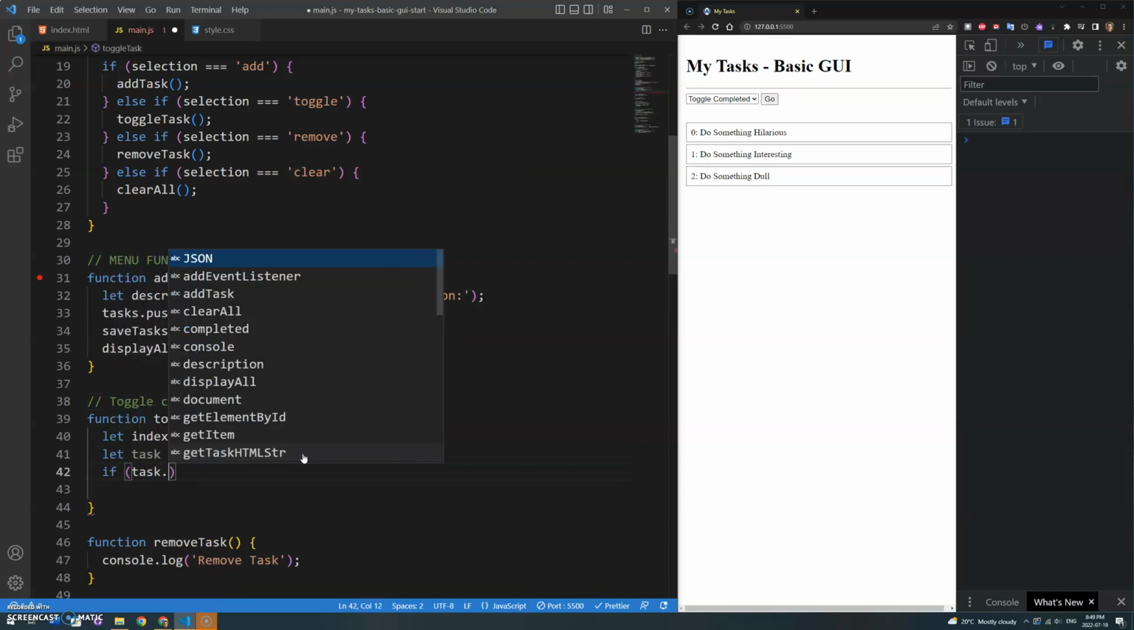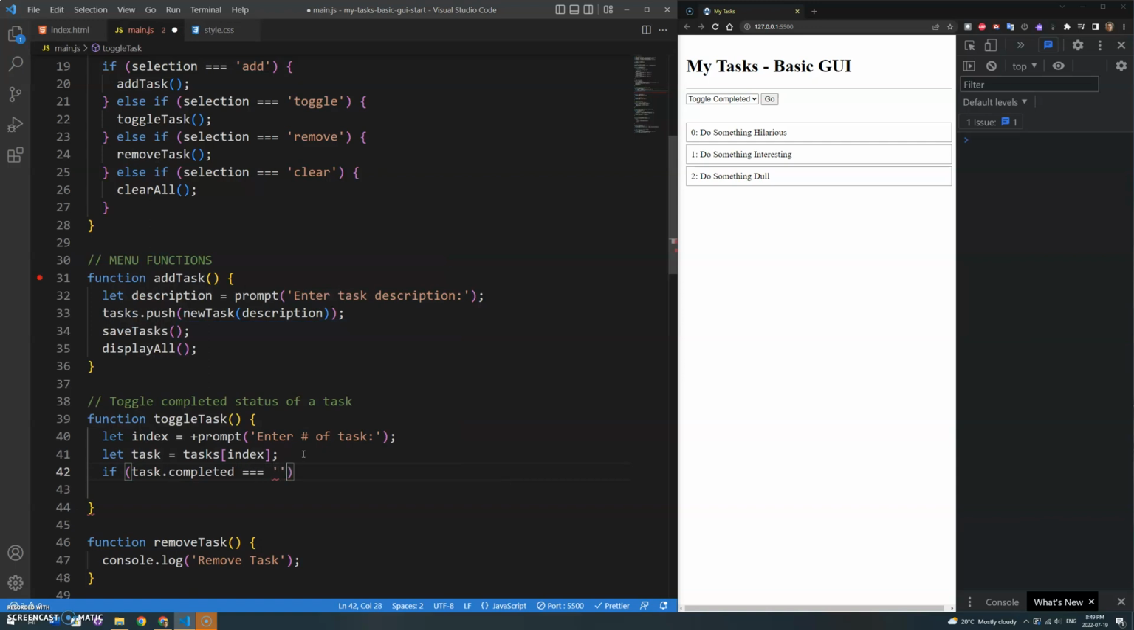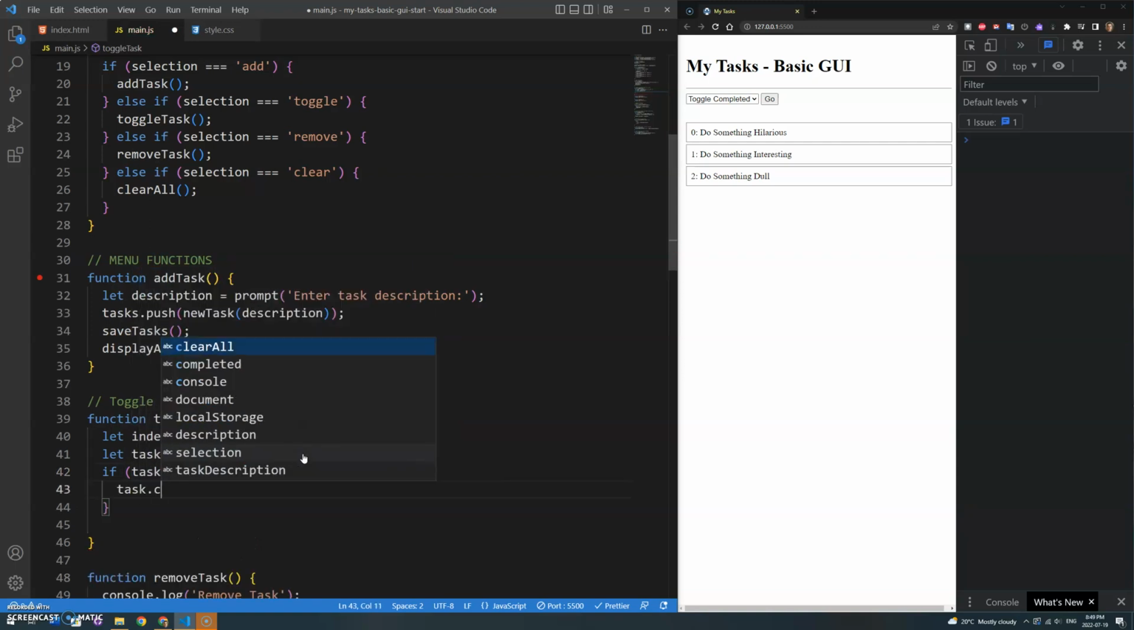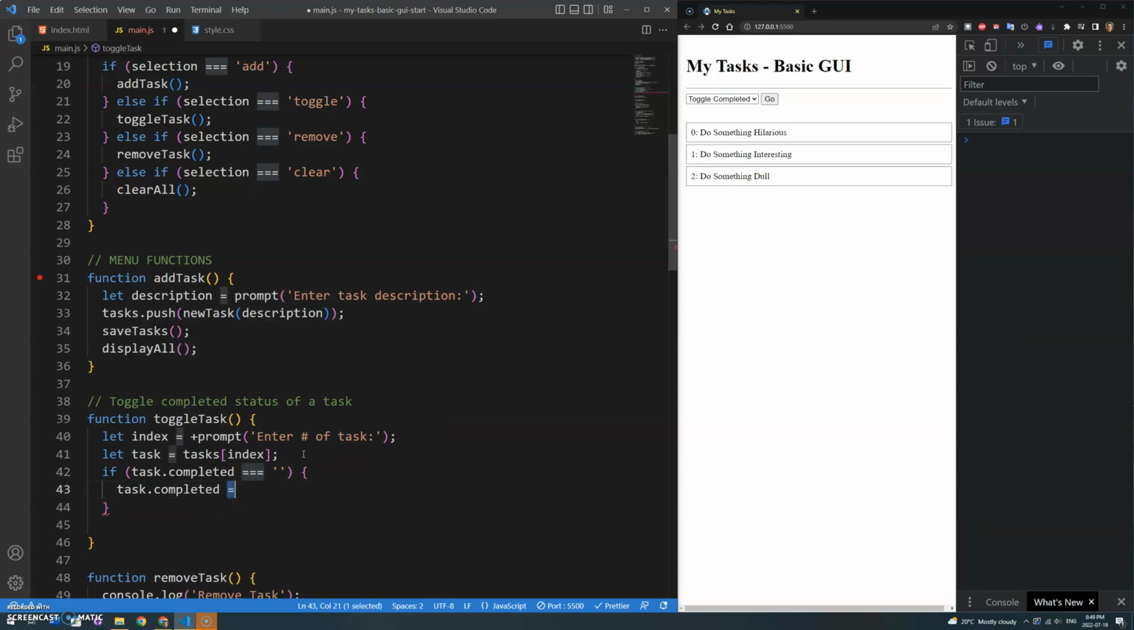So now I can go task.completed, and if that equals the empty string, I want to toggle it, and I want to assign it. Remember, triple equals is checking for equality, single equals is the assignment operator. So I want to complete it, if it's equal to the empty string, I want it to be the string completed. And it'll do an else. If it's not the empty string, it must be completed. So I want to assign it to be the empty string. And that should toggle it. And then we should call display all again,